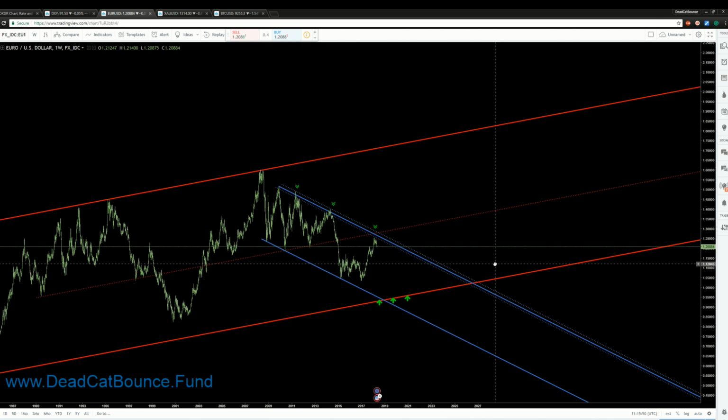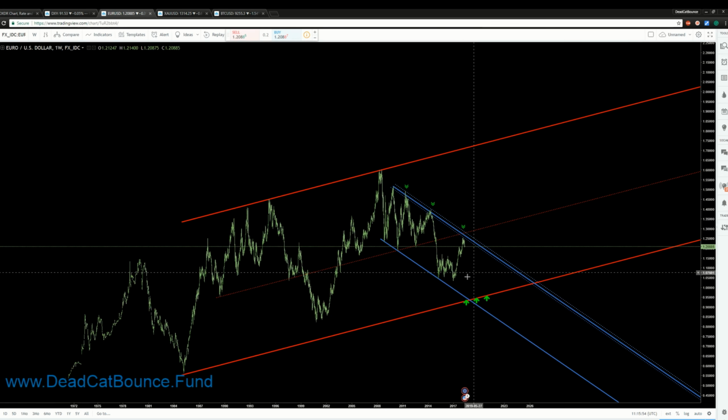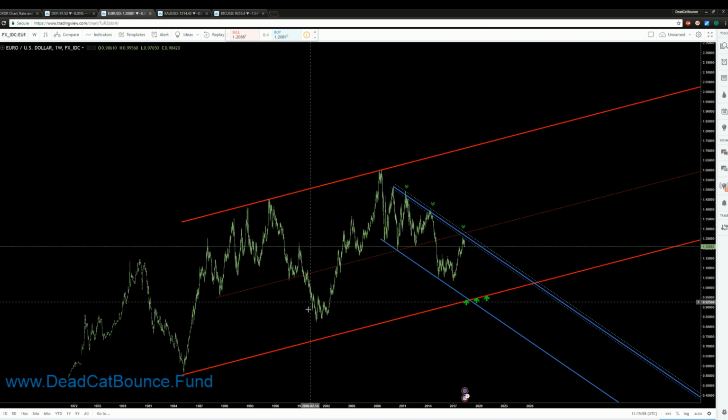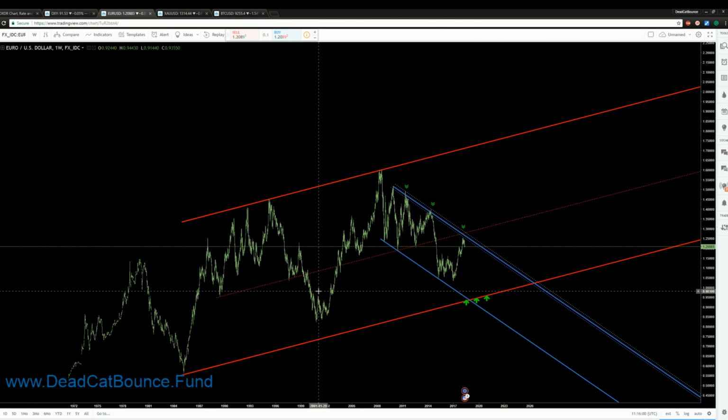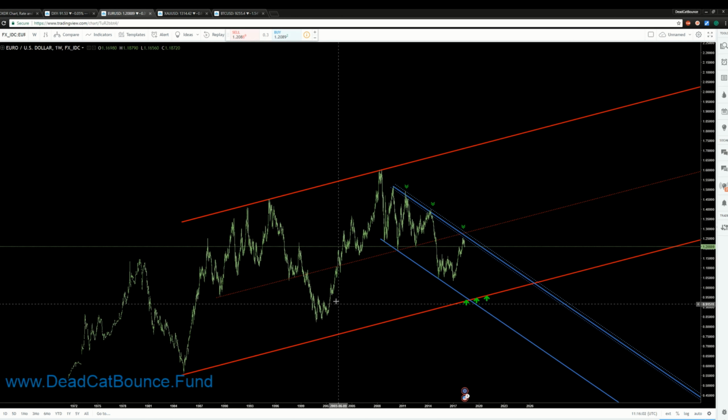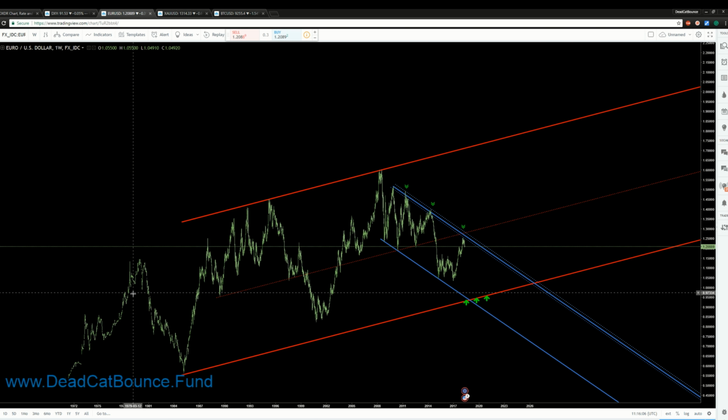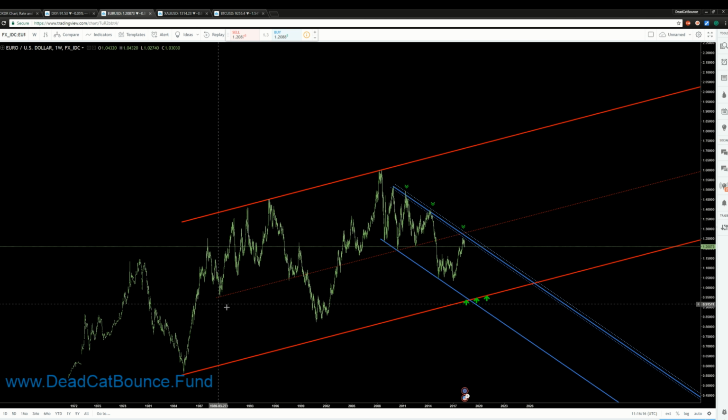So this is not something like a groundbreaking prediction of the dollar being more expensive than the euro, because this has happened in history many times. You know, we spent some time in 2001, 2002. We also spent a lot of time back in the 80s and 70s. So this is nothing unusual. We also had it in 1989. So we are going back there.